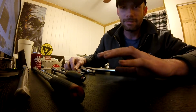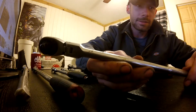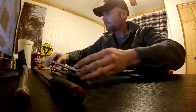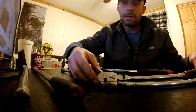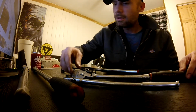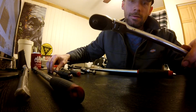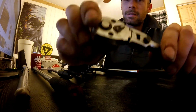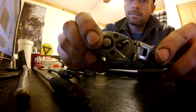Now let's go to my least favorite ratchets that I have. Now this one I bought. This is a 1/4-inch drive. I know it doesn't really look like it because it's long. This is almost as long as my Snap-on 3/8 ratchet. See, it's just a little bit shorter. But this is an Easy Red 72 tooth. Supposedly it's 72 tooth. But this is a locking flex head. So it doesn't move. You got to push this button, and then it has these different positions that it locks in,